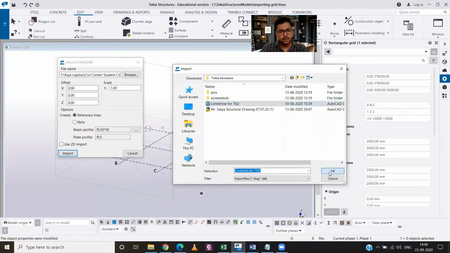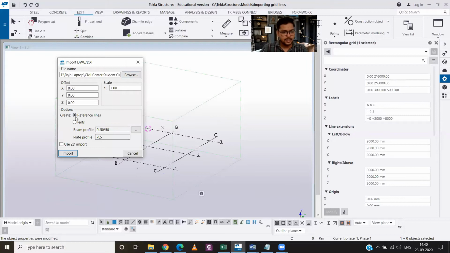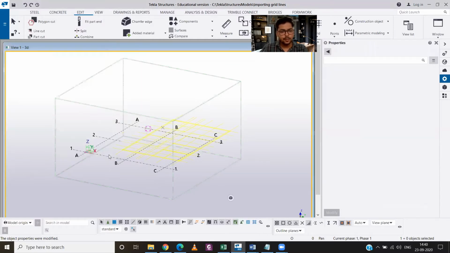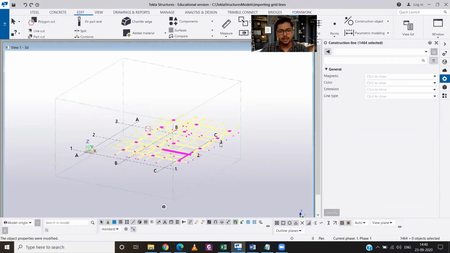So I will choose the DXF file, and then here I will choose for reference lines and click on Import. So you can see my 2D plan has been imported. Now I can change the color of this 2D plan by selecting it and choosing the color I want.